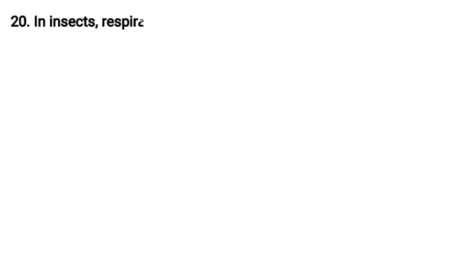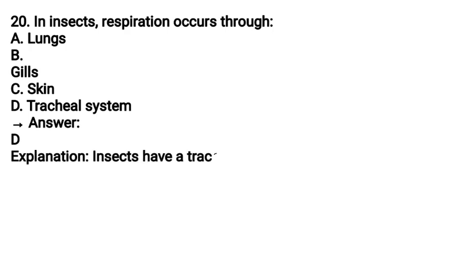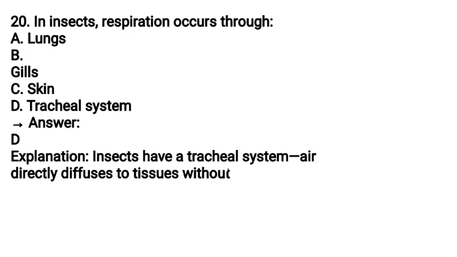20. In insects, respiration occurs through: A. Lungs, B. Gills, C. Skin, D. Tracheal system. Answer D. Explanation: Insects have a tracheal system, air,